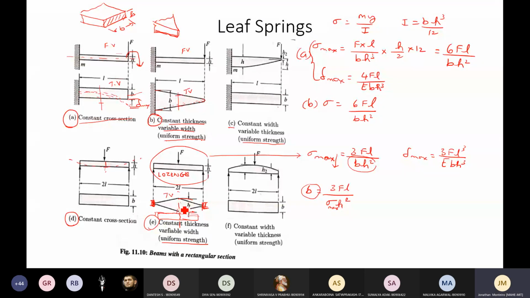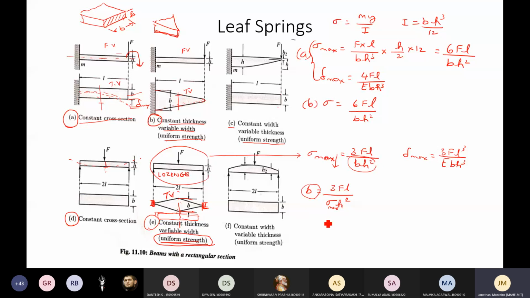So how do we go around this problem, how to make it more compact, or find a spring which is similar both in terms of manufacture and also gives uniform strength? This is our idea, how to get a uniform strength. If you don't get uniform strength, then there will be very high stress concentration at some point and it will simply fail. It is also not good for load carrying of any such capacity. So how to go around this problem?